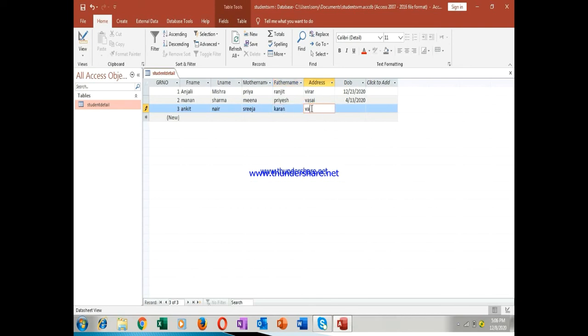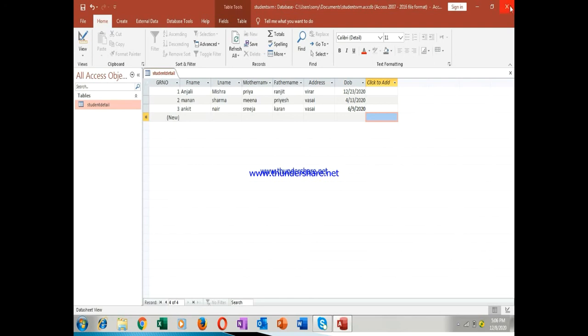And this is suppose Vasai. Okay, and this is the date. Okay, now see, I have inserted 3 details. So first I am showing you how to do all these things. Now you have added these 3 details.